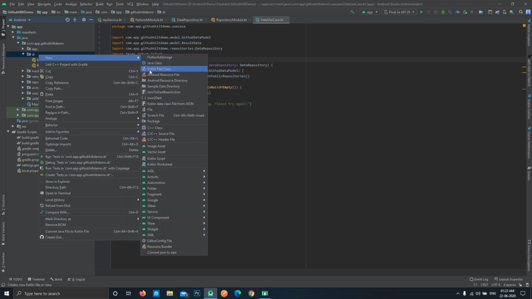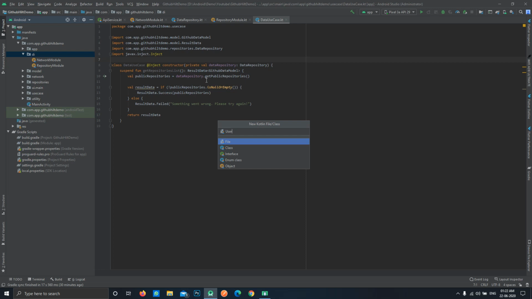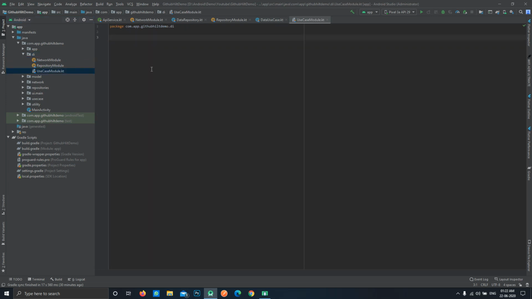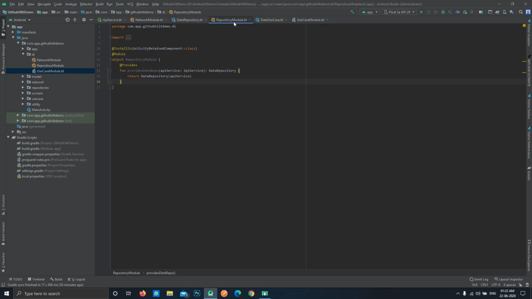So let's create a different module and name it use case module. Here we have created a new class. This will be an object, similar to these. This repository module has an InstallIn annotation and a Module annotation. Similarly this annotation is used over here too, and similarly ActivityRetainedComponent is used as a component,